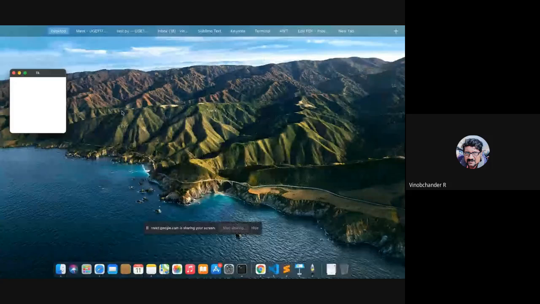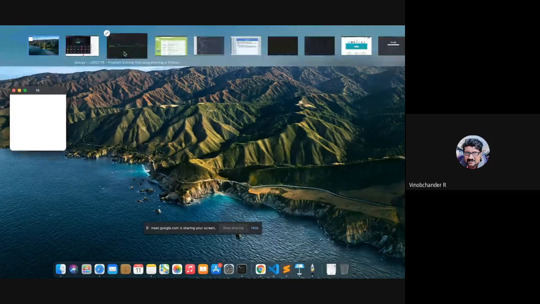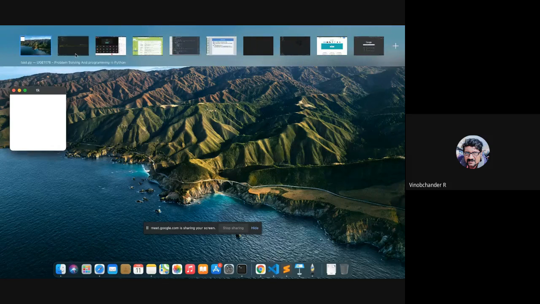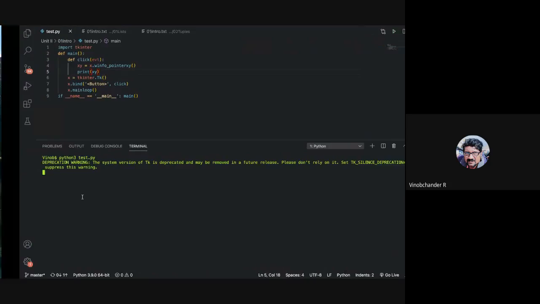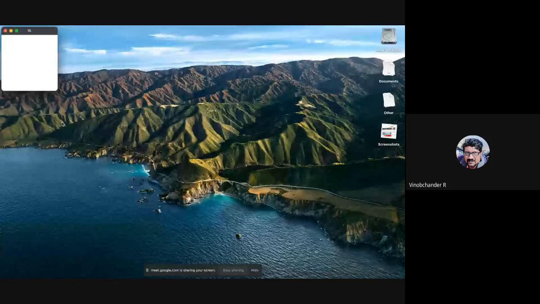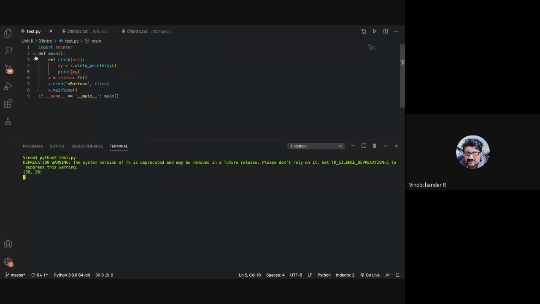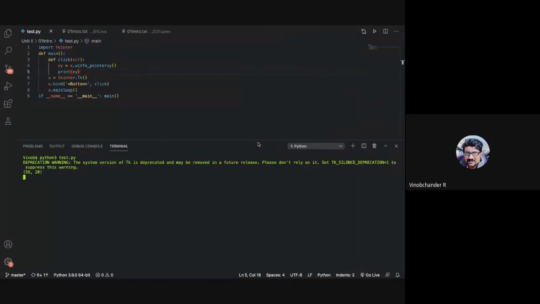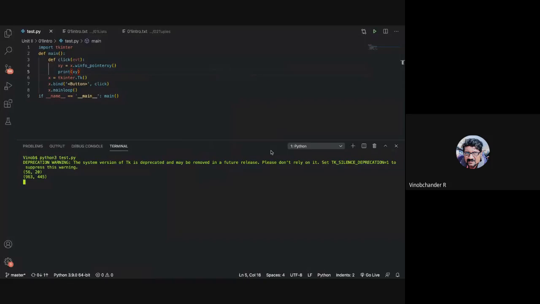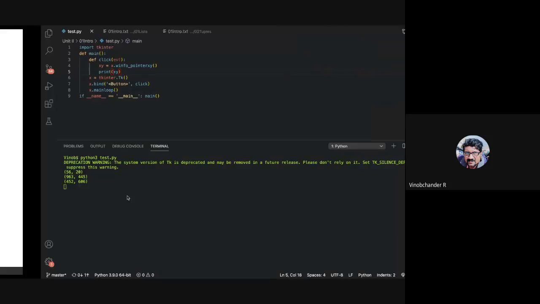Let me move this so that we are adjacent. Let me just maximize this so I have the entire screen. So this is 56, 20. You need to do a button click. So I click here, and the value is getting updated.